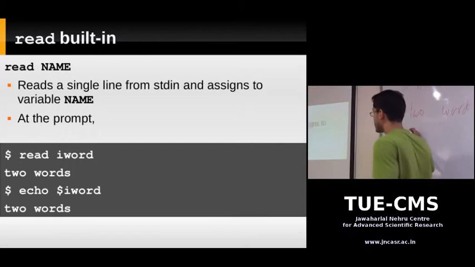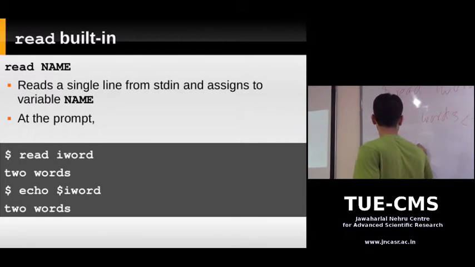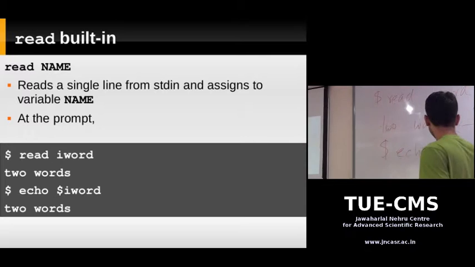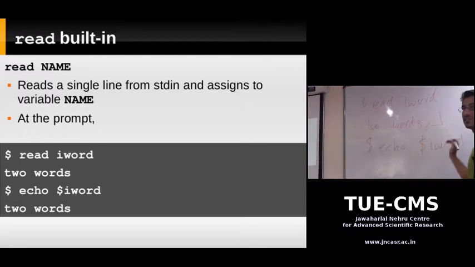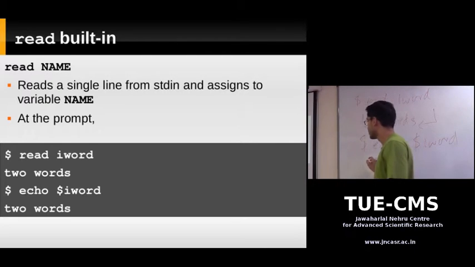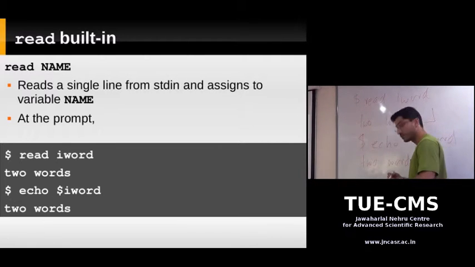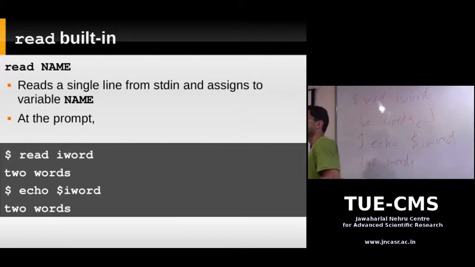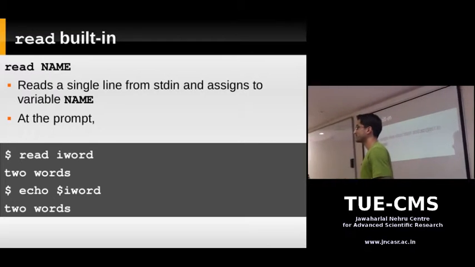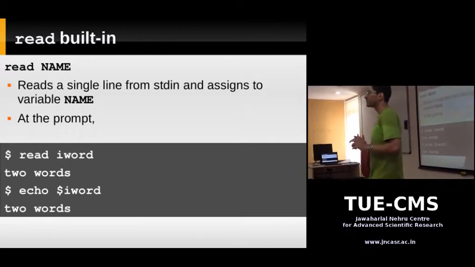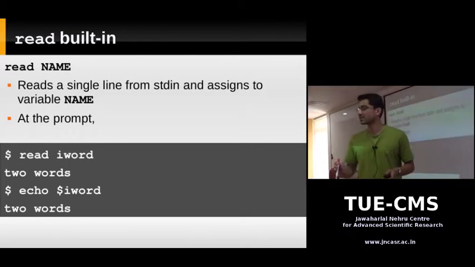So let's see what's contained in the variable iword. We'll do echo $iword. The shell is going to see $iword and expand it to the value contained. You're going to get the same thing which you typed over there as the output. What is the behavior of the iword read variable? Is it a string or a character type? The shell is typeless. Remember yesterday I told you the shell doesn't care about type. Everything is a string.